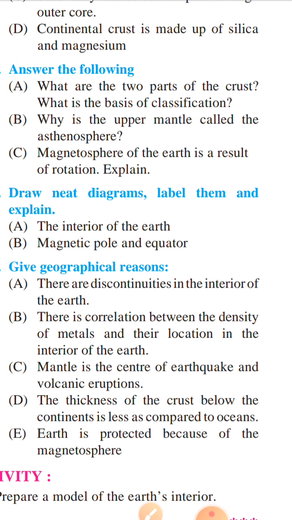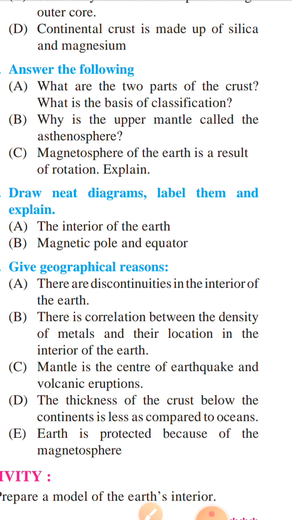Page number 13, outer core point, paragraph number 3, in that this question's answer is located. Magnetosphere is the cover which has been developed around the earth because of the magnetic field generated in the outer core. Check those lines, students. Second point: the solar winds containing charged particles, which come out of the higher part of the sun's atmosphere, are free from the gravitational force of the sun. This magnetic field protects the earth from these solar winds.